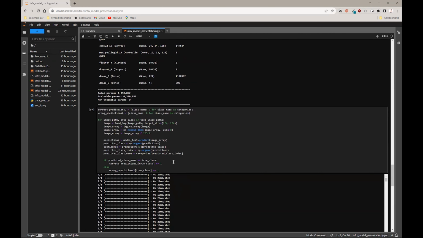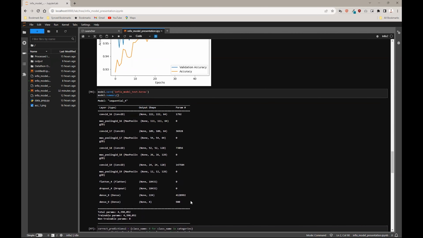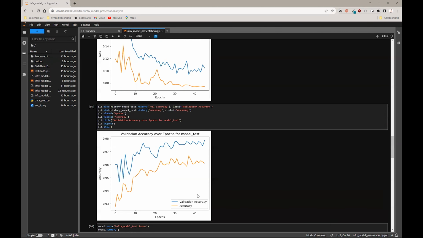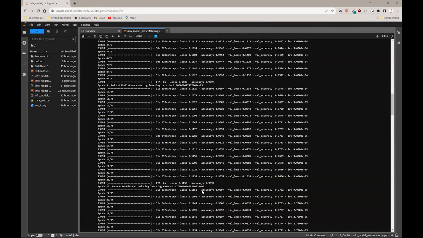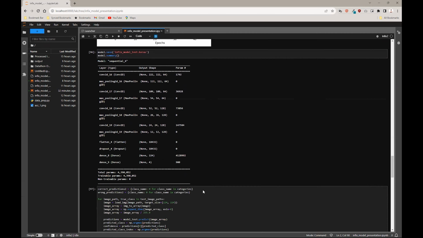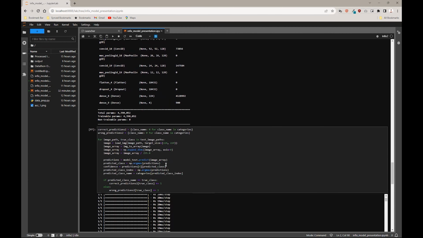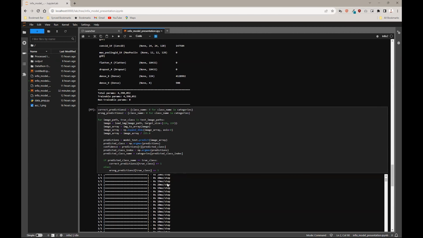So with that being said, down to here, we address the training section of the data set and also the validation process as well. Now we are moving on to the actual testing. So we get the test image paths, and we get the images here and load them into an array,